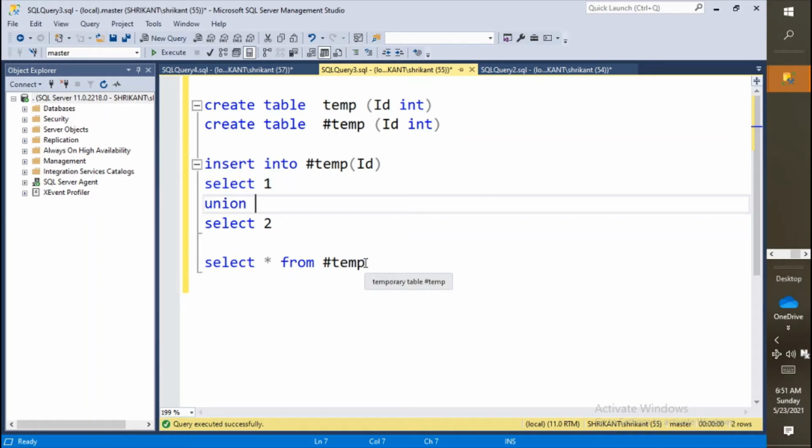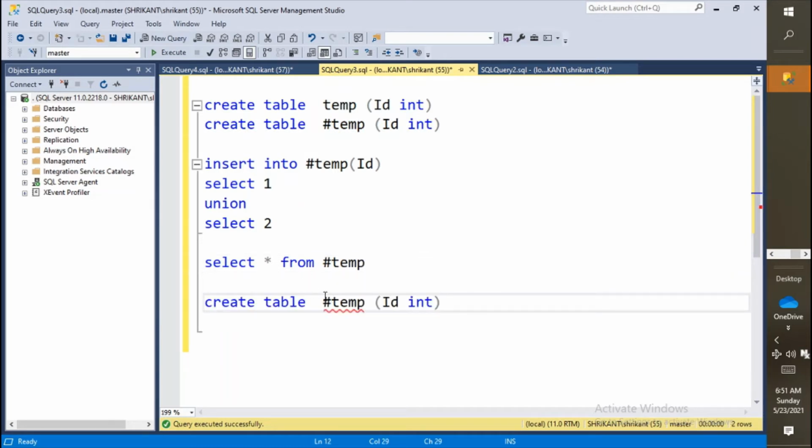Now what we are going to do is create the permanent global table, right? So what do we need to do? We just need to copy the code, and we only need to add one more prefix. That's a single hash. So single hash and single hash, which is a double hash, and this is now the double hash table. We call it the global named table, right? So how does it represent? It is represented with a 2 hash.